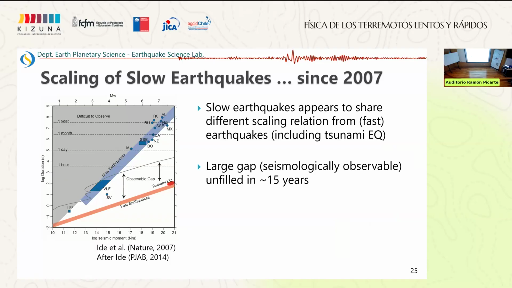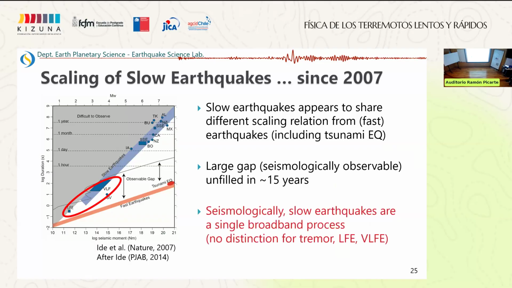So many people may think this hypothesis of a single relation may not be true. But in recent years, especially in these 10 years, we've actually found what's happening around here. As already shown in this curve, our observation capacity, our observation ability, is not the same for all frequency ranges.